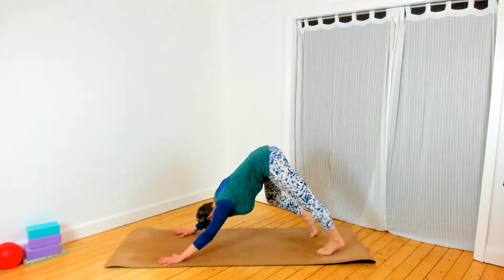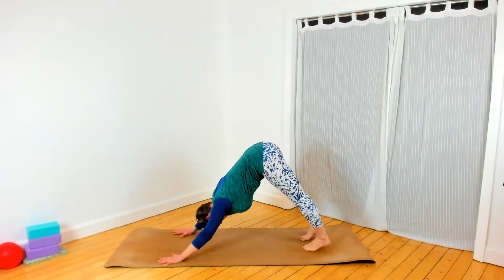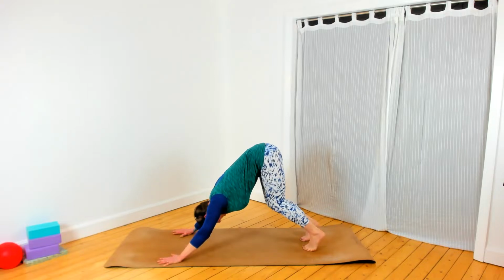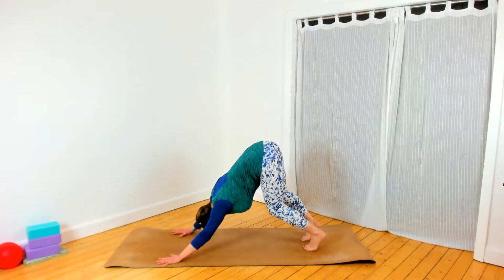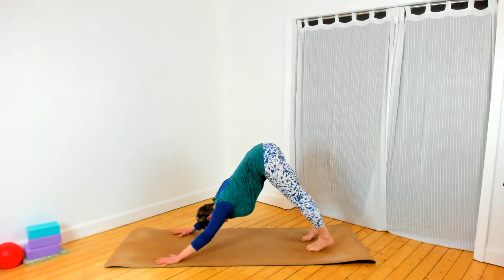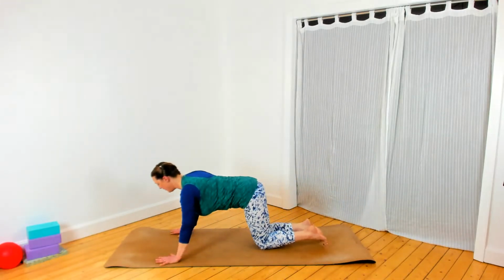When you're ready, you can bring yourself back to center. Maybe walk your feet slightly closer towards each other, bend both knees, and then wriggle the hips from side to side. Again, pressing the chest back towards the thighs, lifting the hips nice and high. You can turn your head if it feels like a nice thing to do. And when you're ready, you can bring yourself to hands and knees and then come all the way forward to